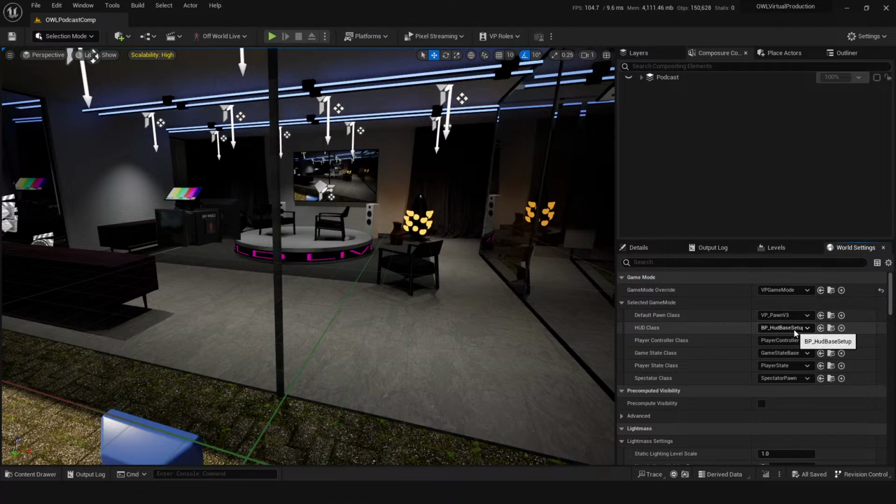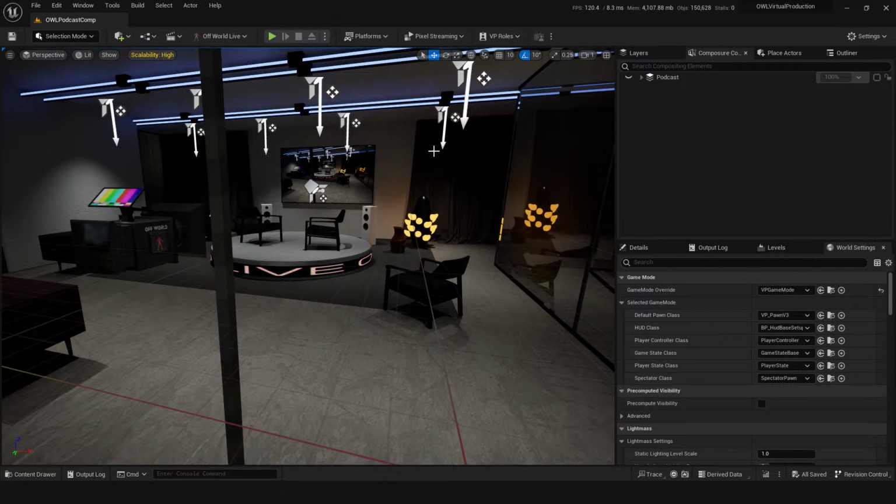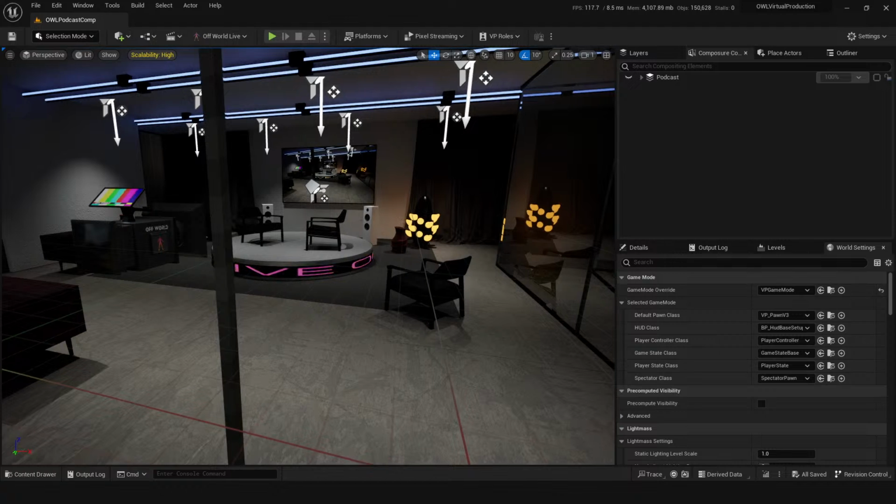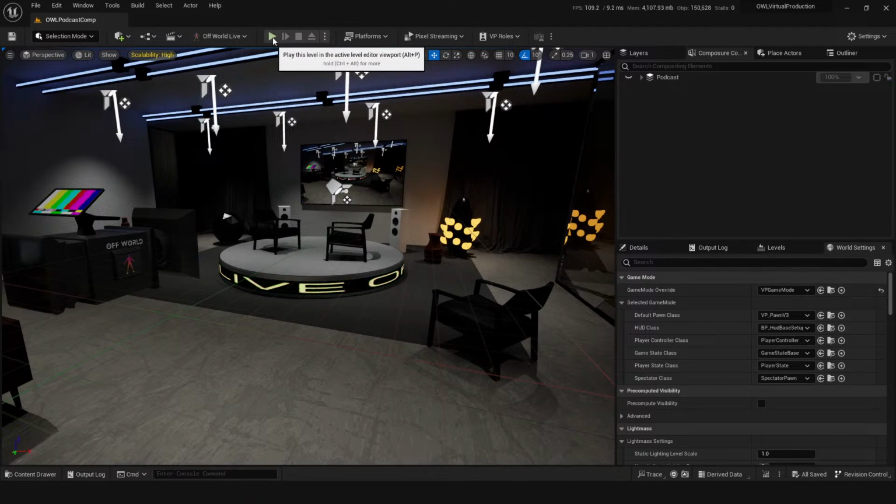I've also got a base HUD class. We're doing some HUD stuff for controlling this level. That's been really cool. So for this, what we've got